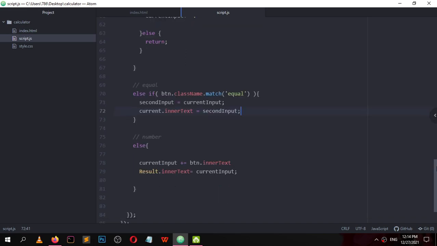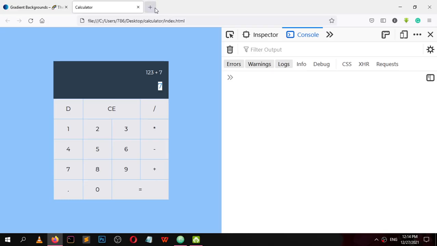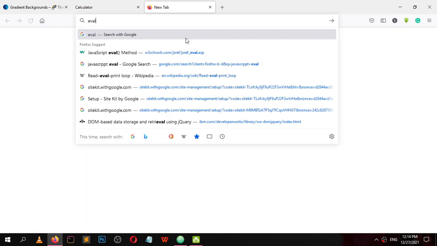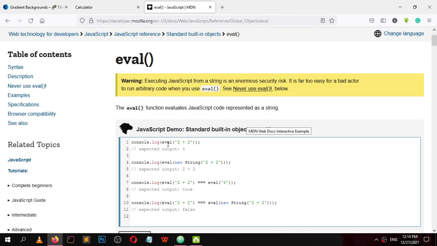In JavaScript we have this beautiful eval function. Let me show you what this eval function does. It will take a string 2 plus 2, and it will output 4. So use it for our benefit here.